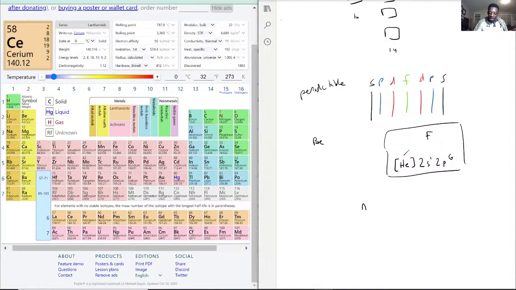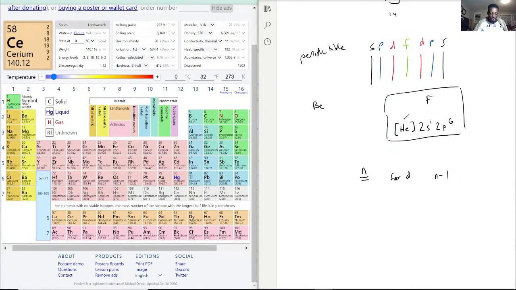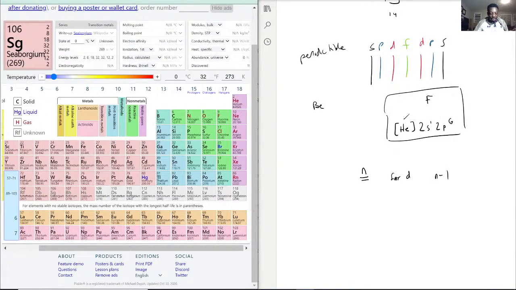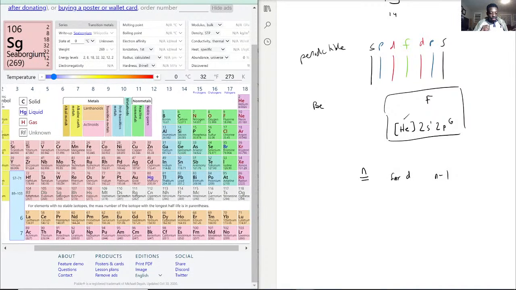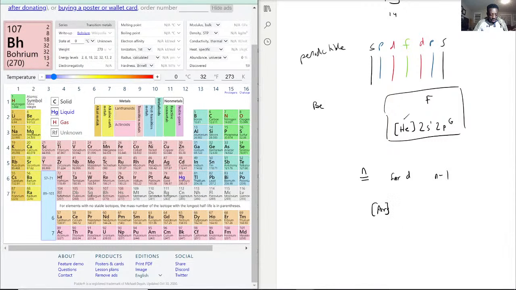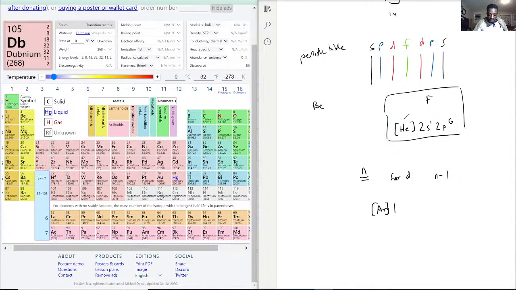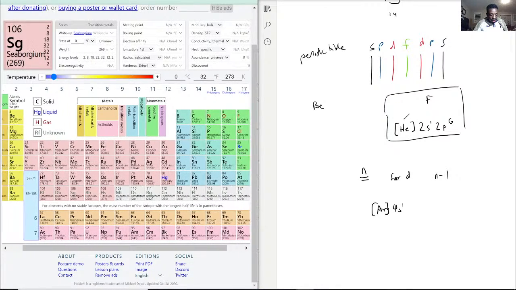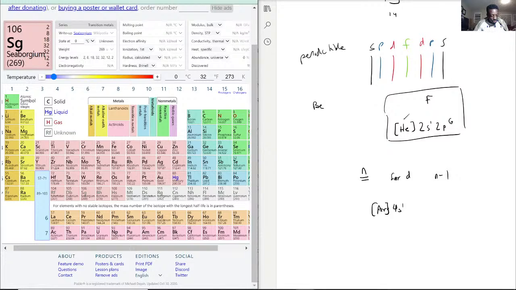shell you're on, so let's say the shell is N, for D, it's N minus 1. So as an example, let's pick scandium. Actually, let's pick something that we know. Let's pick iron. Might be a little tricky in terms of balancing it out, but the concept is that we first start with argon, okay, and it's going to have the row is 4 now, so 4s1, and it's going to be 1 2 3 4 5 6,